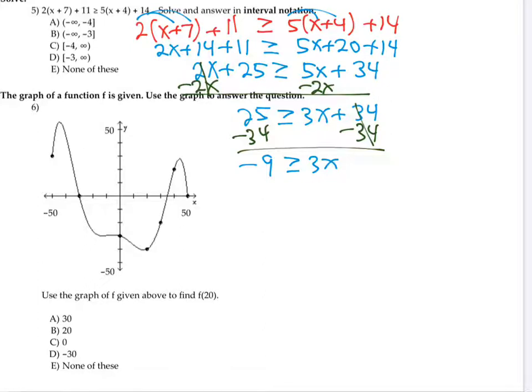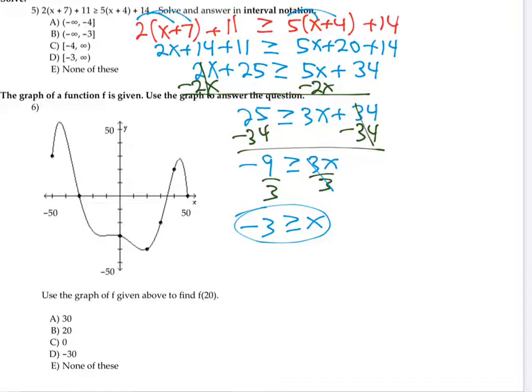Yeah, that's right. And then, last step, divide by 3, right? Do I need to flip the symbol? No, I'm dividing by a positive. I'm putting a positive number under there, so I do not need to flip the symbol. So that's x ≤ -3. Now, that's a fine answer, but it's kind of weird, and it's hard to tell which is